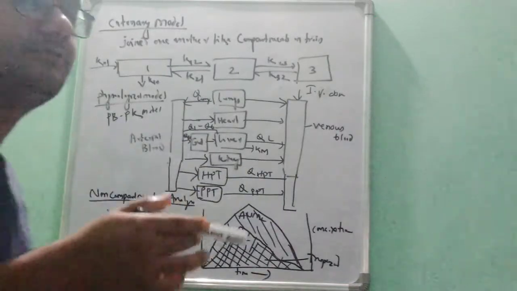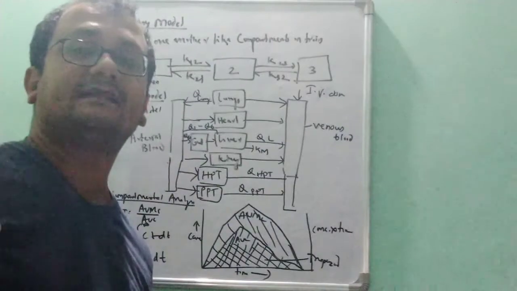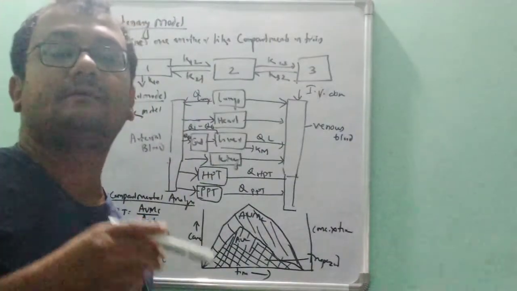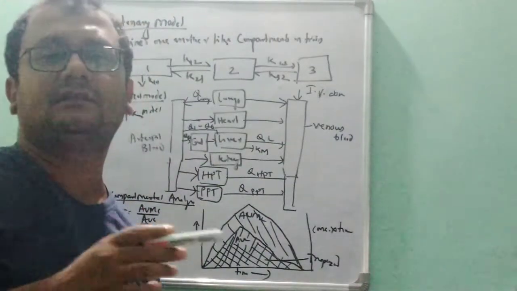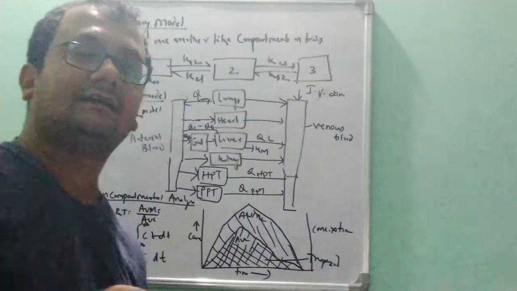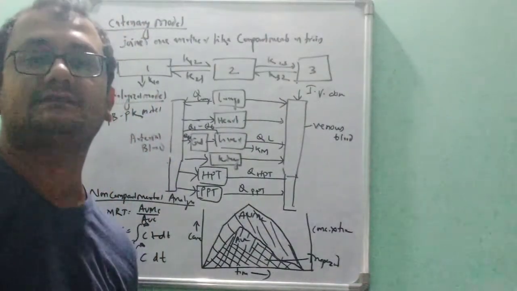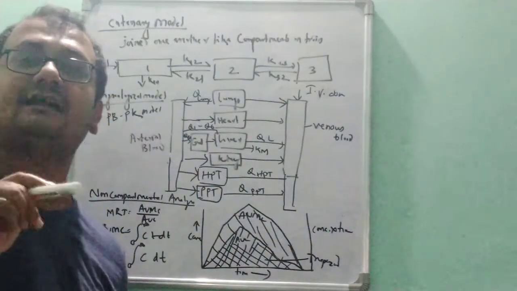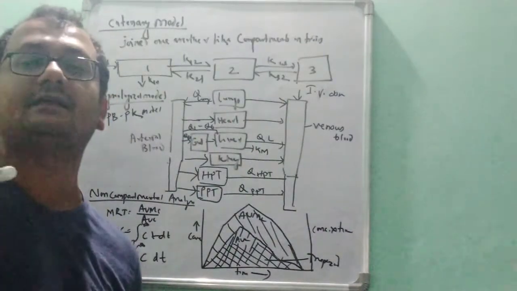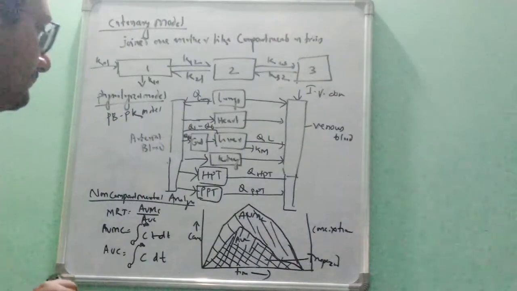Generally different types of parameters we are also finding, like half-life and also MRT. In compartment models, we are directly finding half-life, elimination half-life, absorption half-life, shelf life, all things we are getting. But here the only parameters we are getting are AUC and AUMC. So that's why, to get something similar to half-life, we are taking MRT.